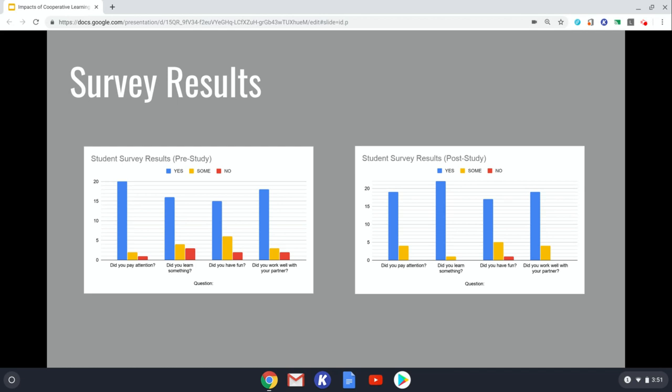I chatted with this student to see why she answered no, and she said it was because one of the classmates who she preferred to pair up with during the strategies was not there on the day of this survey. So obviously I made note of this because it didn't really give me her accurate thoughts of the whole study, but she was more referring to just that day. So with the survey results, I have to keep in mind that I teach kindergarten and they may not always be the most accurate results.